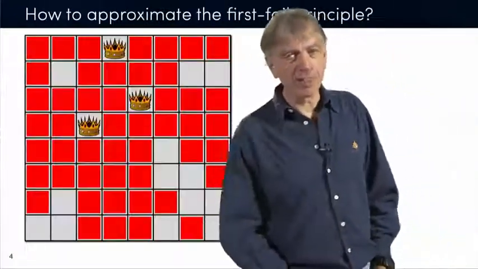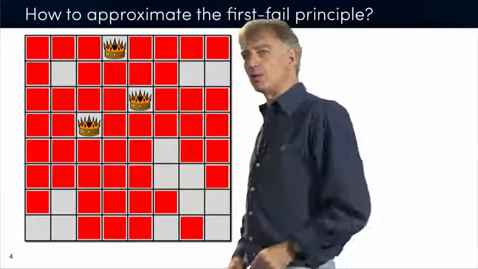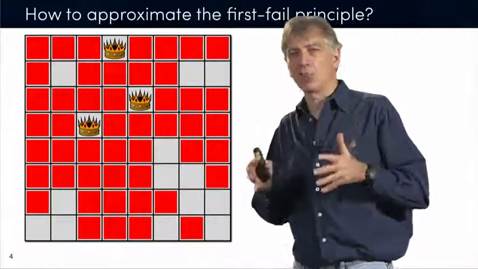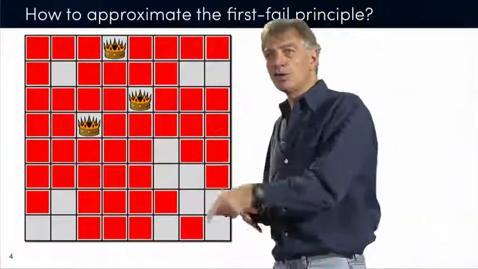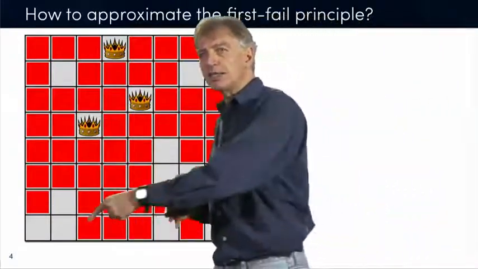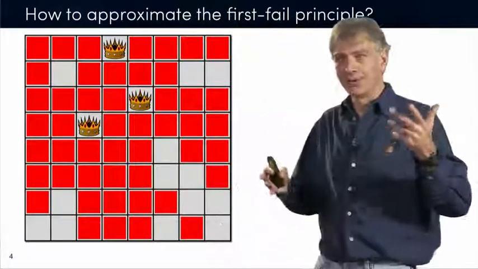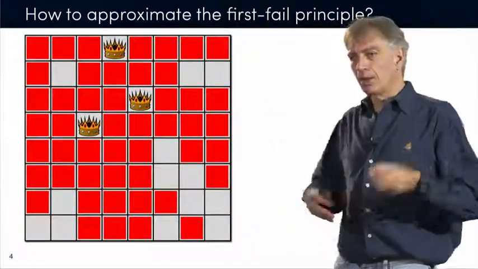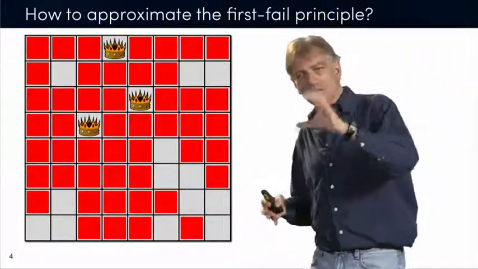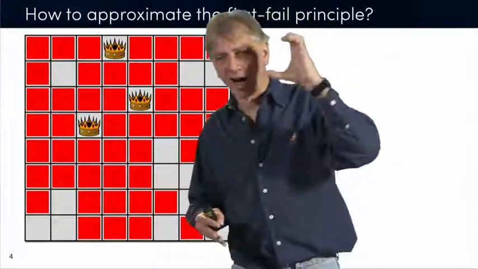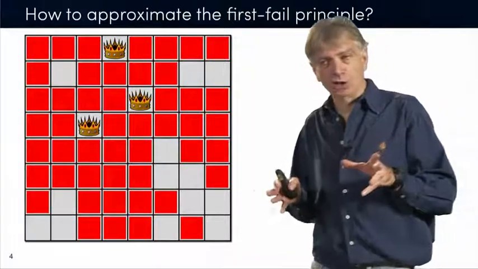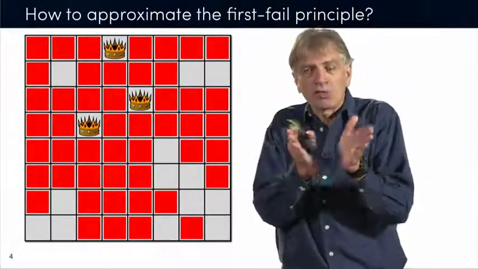Now, what does it mean? Well, look at this beautiful queens example that we have. What does it mean to look at something which is tough, where you are most likely to fail? All these queens have different sets of values. What you want to do is to start with one which has as few values as possible. This one has only one value. You know that you have to place the queen there. Now, if there are some queens that have 4 values and some which have 2, you want to start with the ones which have only 2 values. They are harder to place, and that's where you want to start. They are also constructing a smaller search space, because now you have only a branching factor of 2 instead of 4.